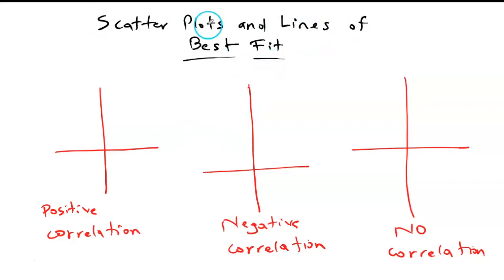So first of all, you do scatter plots. It's an easy concept. What's the idea? I'm going to have some kind of table of x and y values. For the most part, we're going to have a lot of real world problems. But the idea is that we're going to have ordered pairs. And what do we do with those ordered pairs? We plot them. Okay? So positive correlation is when I plot my points,